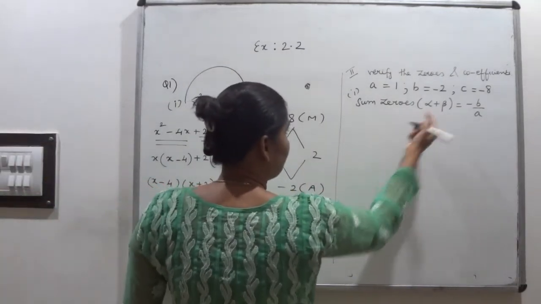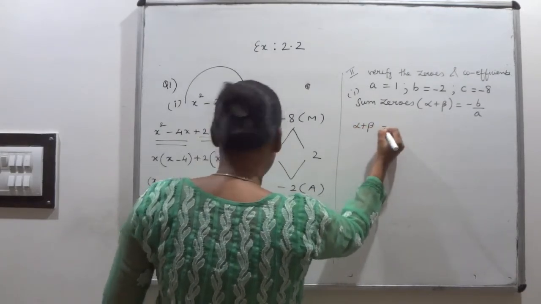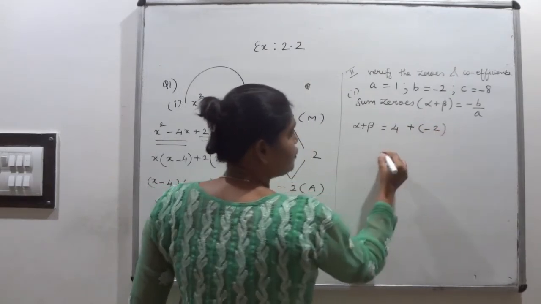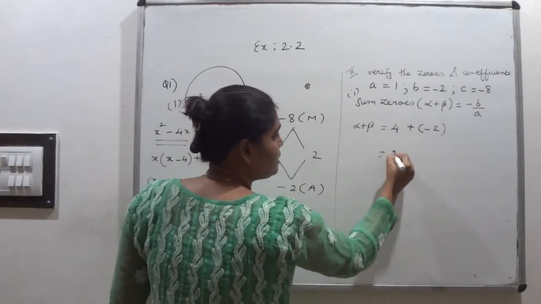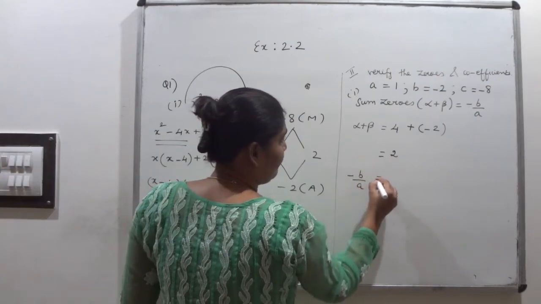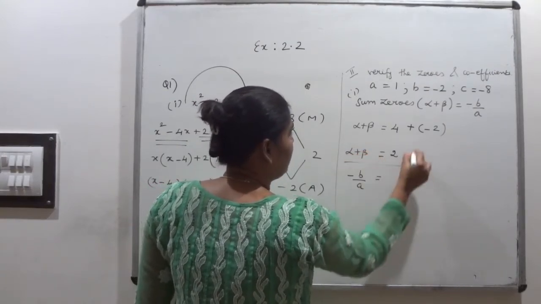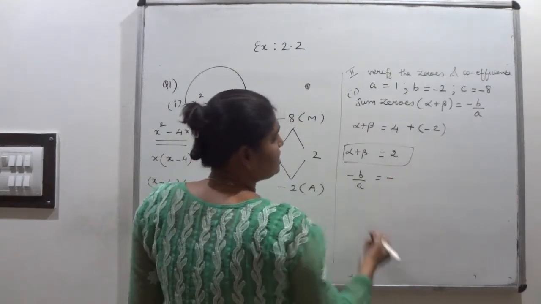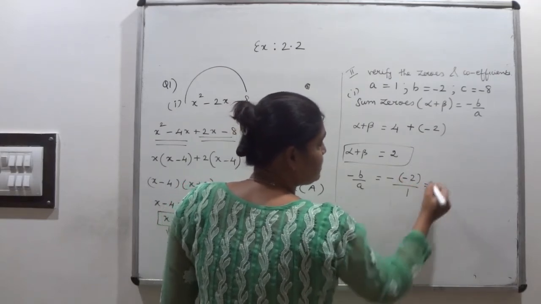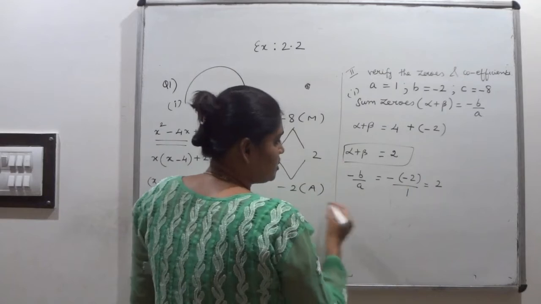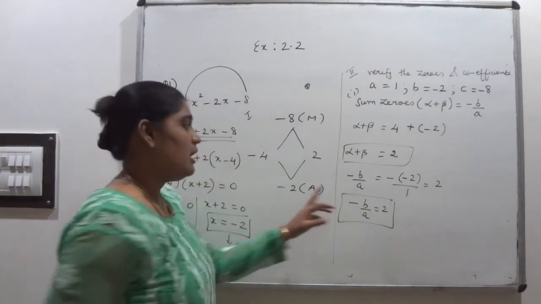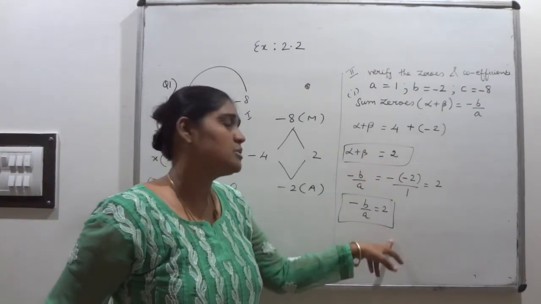So I am using here alpha plus beta. First alpha plus beta I am finding. Alpha value is 4 and the beta value is minus 2. Add this, 4 minus 2, it will give you what? Simple 2. Right? Then I am finding minus b upon a. Find out what is b upon a. Minus as it is, the b value is minus 2 upon a value is 1. So minus into minus plus 2 upon 1 is 2 only. So I got the minus b upon a value 2, right? Minus b upon a as well as alpha plus beta, both values are equal.